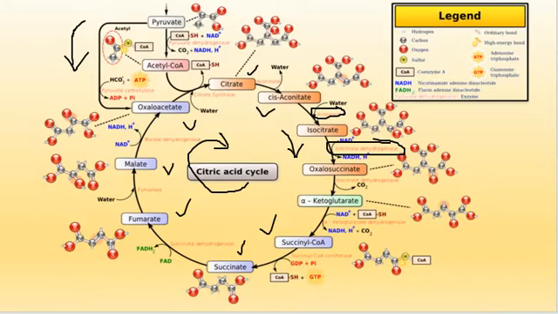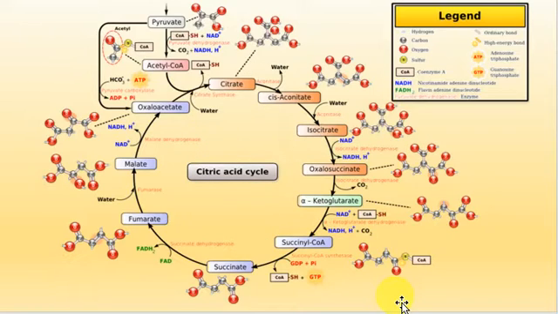Okay, so basically the energy yield from two pyruvate molecules when they are oxidized to 6 CO2 via the pyruvate dehydrogenase complex and the citric acid cycle. So what happened, overall reaction,